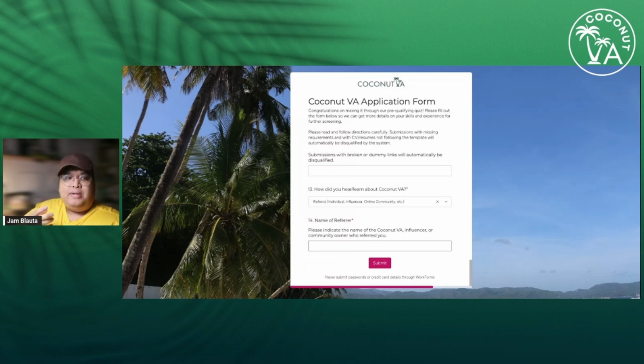When you get that email, it says number one, you're already part of the talent pool, but you are not hired yet. Number two, matching is not guaranteed. Number three, if nothing happens with your application within 2 to 3 months, you may reapply after 90 days with a fresh or better profile.